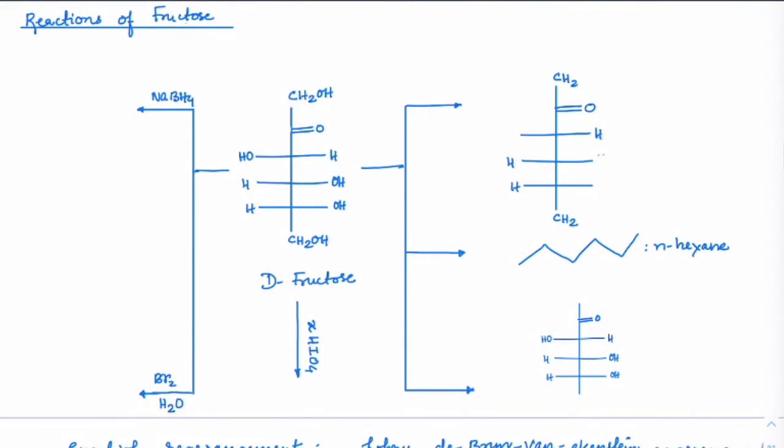Next, see the reactions of fructose. In case of fructose, all the types of reactions are similar here also. That means if I take Ac2O and pyridine, wherever there is an alcohol, we will get OAc. Here we will get OAc, here there was an alcohol, so that will become OAc, OAc, OAc and OAc. If I react that with red phosphorus and HI, we will get n-hexane.